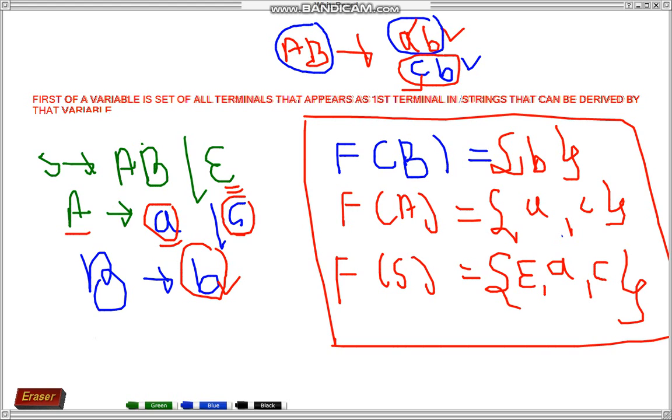You can clearly observe S is deriving three strings. One is epsilon, which I have written here because, although you cannot count epsilon as a terminal, it is included logically. In term AB, you can use small a in place of A, so the string will start with a, ab. Second, if you use small c in place of A, the string would be cb. In this string the first terminal is a, in this string the first terminal is c, so write them down. In this way you can calculate first of variables for a given grammar.